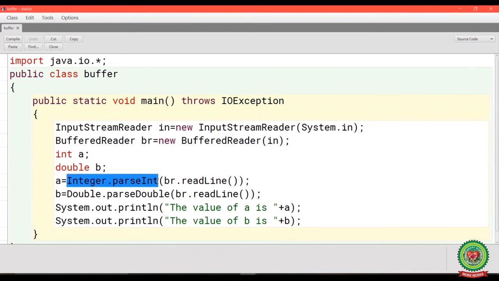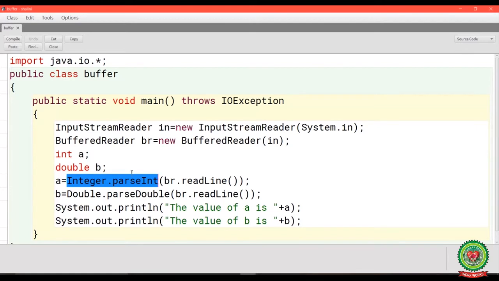Students, here we have used a function parseInt. ParseInt means to convert the string data type into the integer data type, because whatever you write in your Java program, by default it is of string data type. So in BufferedReader we have to use the parse function.